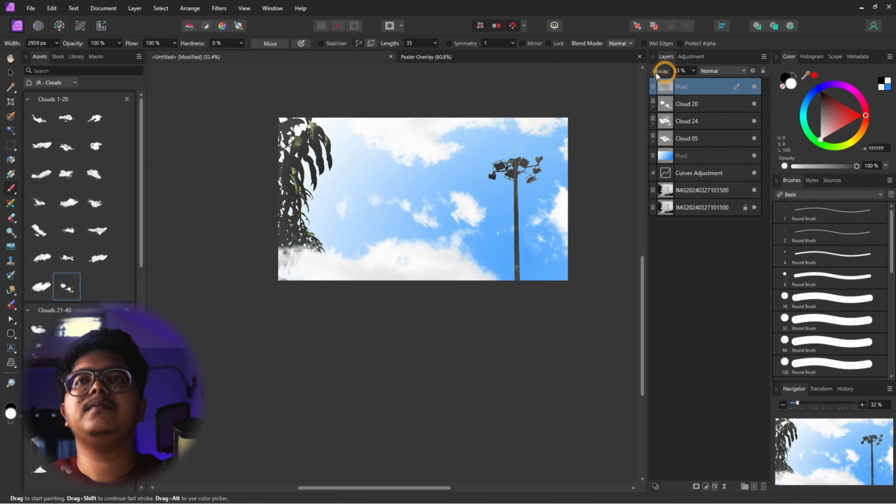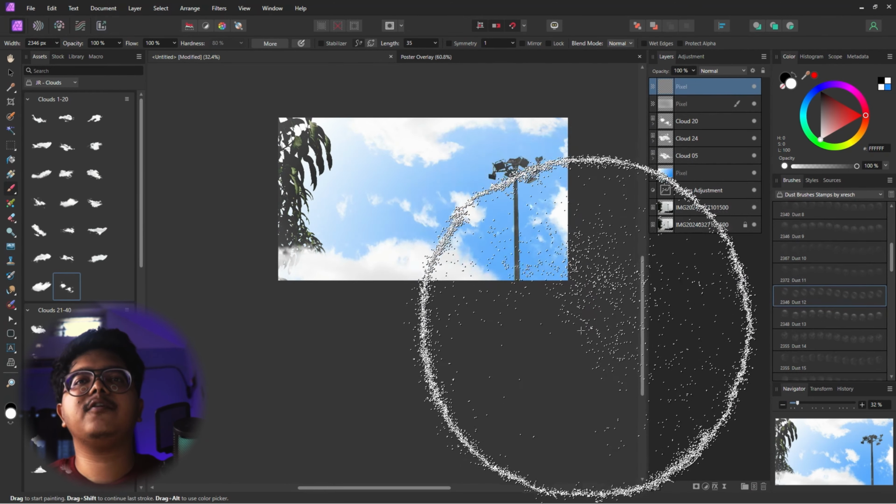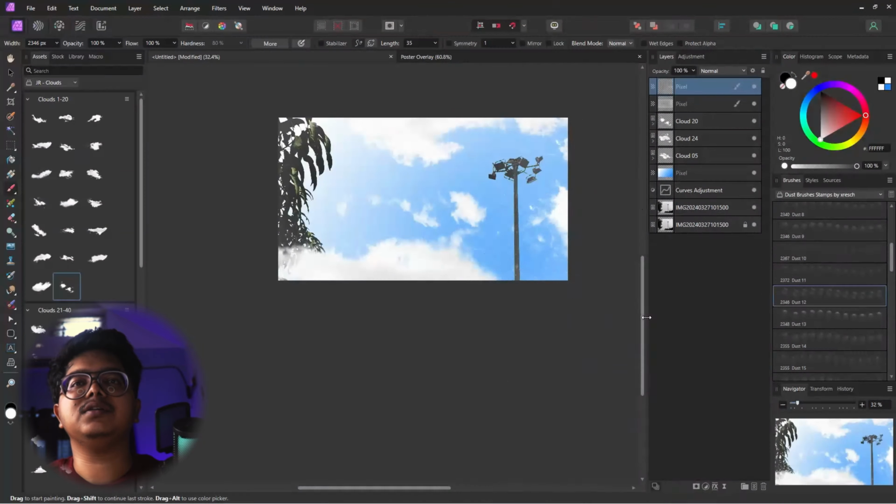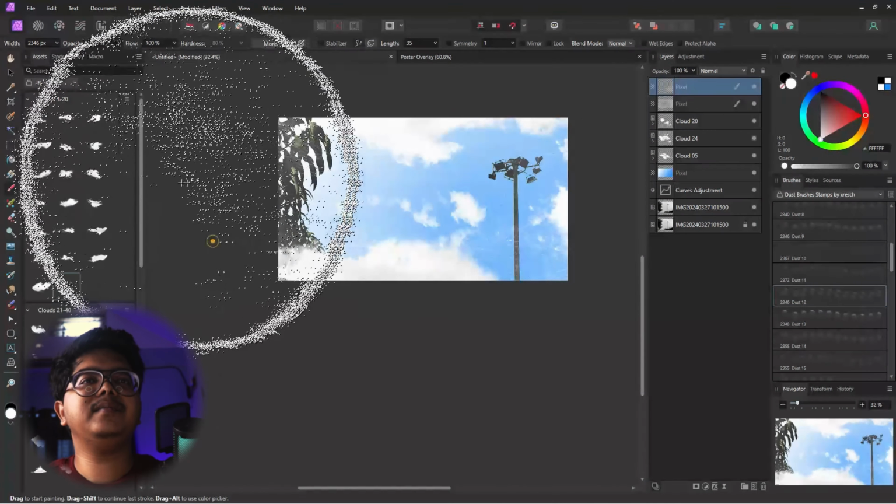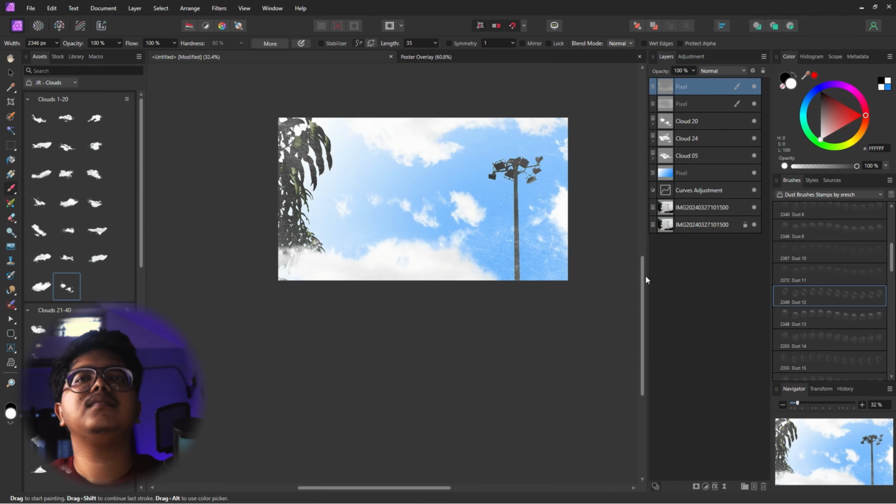And then what we are going to do here is actually add some texture to the image using dust stamps. So create another blank layer, white as a foreground color, just add some texture randomly. This will just add to the depth of this image, nothing less, nothing more, simple as that. Alright,